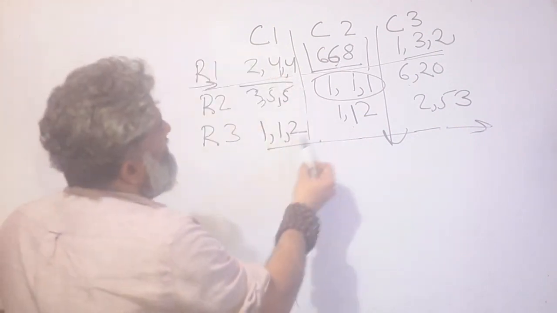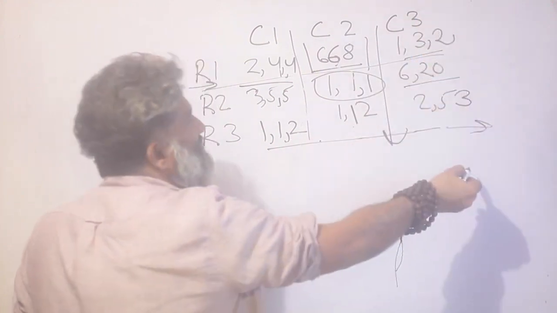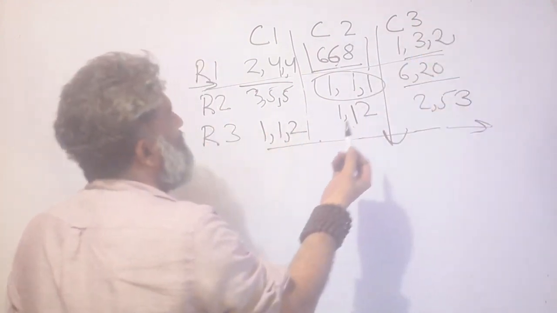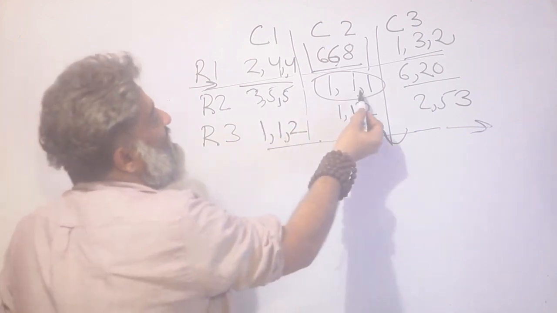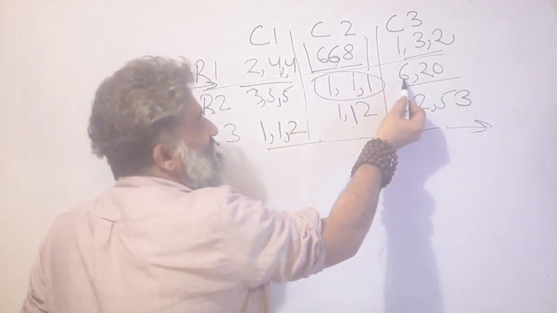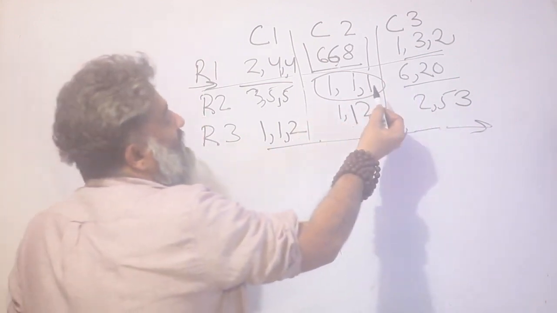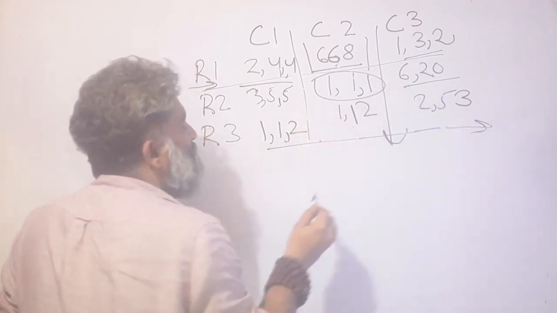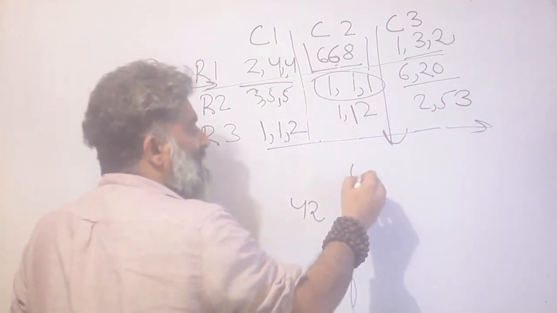So almost everything I have figured out. This one is pending. So go either for the column or for the row. Anything will work out. I am going for the row. 5, 5, 10 and 3, 13. 13 and 3, 16. 16, 6, 22. And 20, 42. So I have 42 already, and I am looking at multiples of 9.